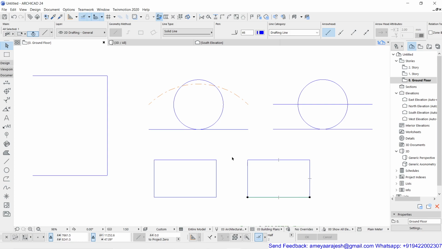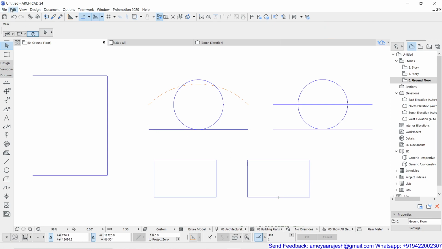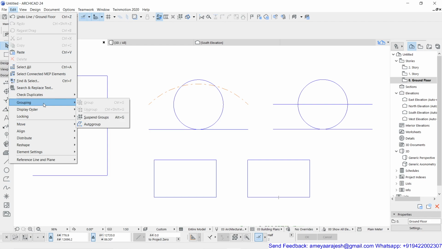So I hope now you have understood altogether these four things. How to make a group, and how to discard the group feature, that means you want to cancel the group. How to temporarily turn the group selection on or off. Suspend is not permanent. Whenever I activate this, either I can individually select the group member, or all the group members can get selected in one go. That's what suspend is.